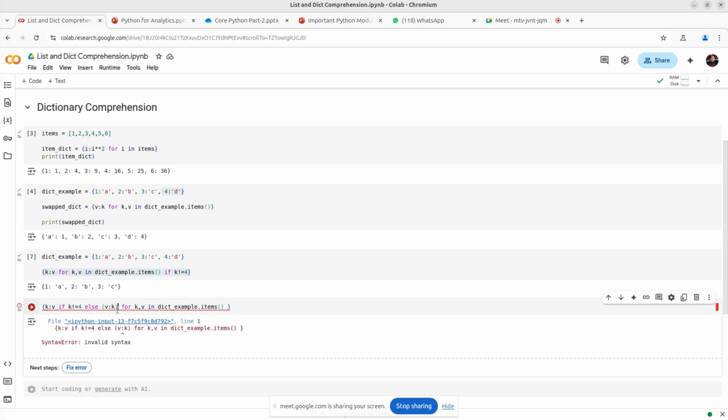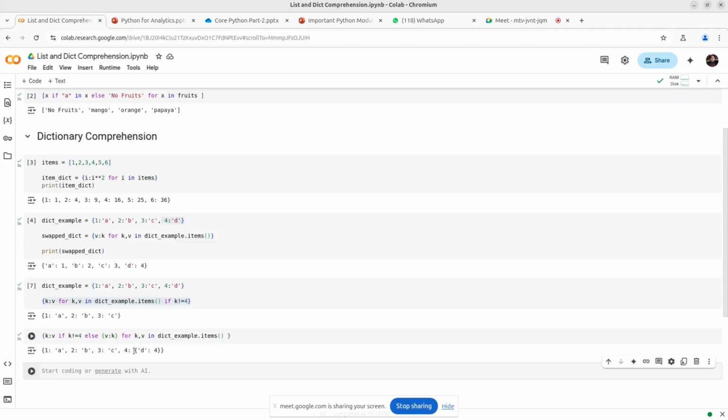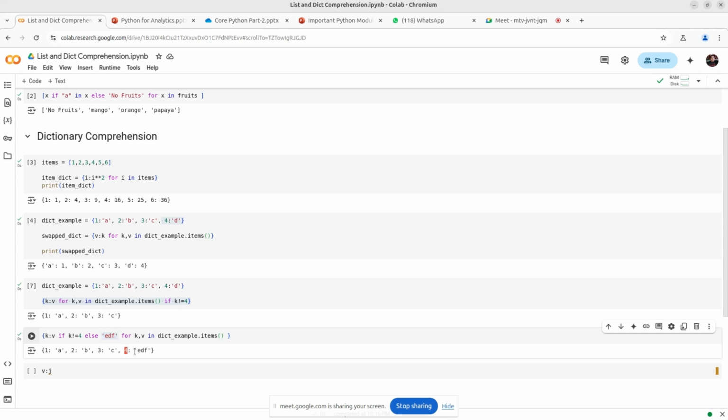Maybe there is some issue here. If I do it like this, it is working, right? So maybe there is a way to do this. Instead of k v, I think I just need to write v. In the place of v, I want to write the else expression. Now it will work. So no need to write it like this, v colon k. It understood that this is your k. Now you can write here the value for 4, right? This is how you can write. Okay, so